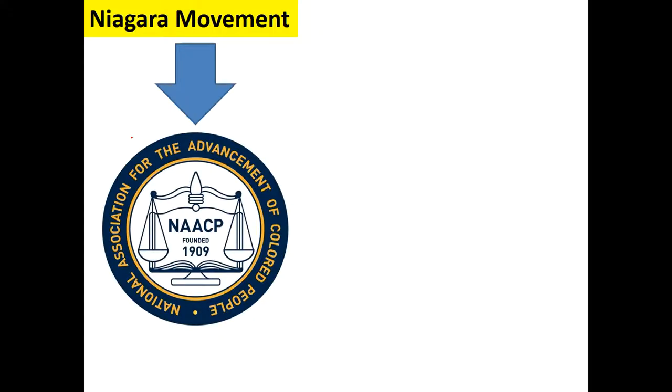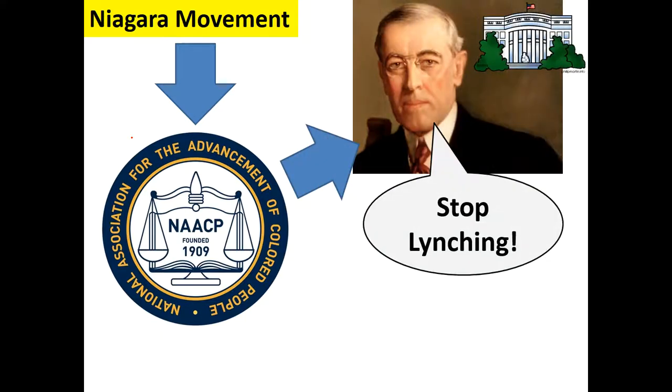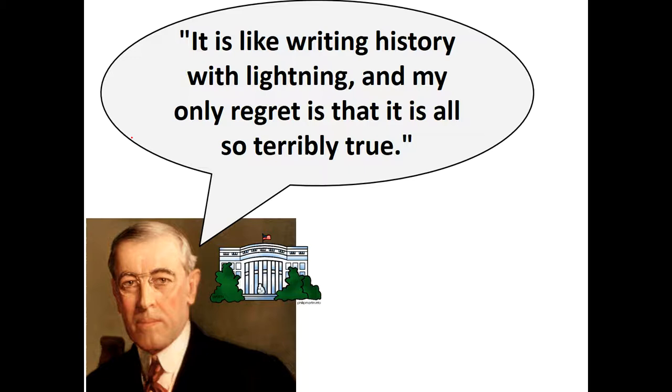Eventually, the Niagara Movement will create what is called the NAACP, the National Association for the Advancement of Colored People, still around today, an organization that represents black Americans in terms of civil rights, inequality, basically in any schools, any way that you can imagine. This is a very strong organization that fights for equality still today. An example here was this organization lobbied to get the president to stop lynching and make it illegal. And so Woodrow Wilson passed a law that stopped this, but Woodrow Wilson, throw a little shade here, it's like